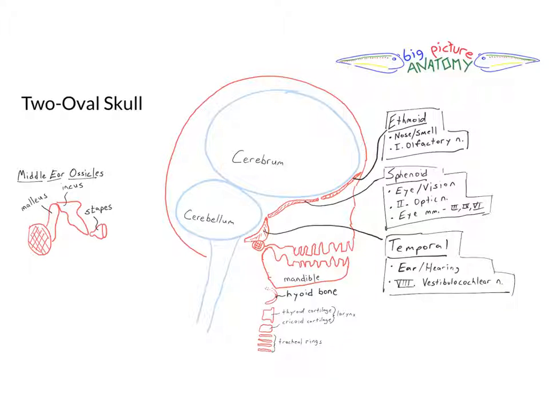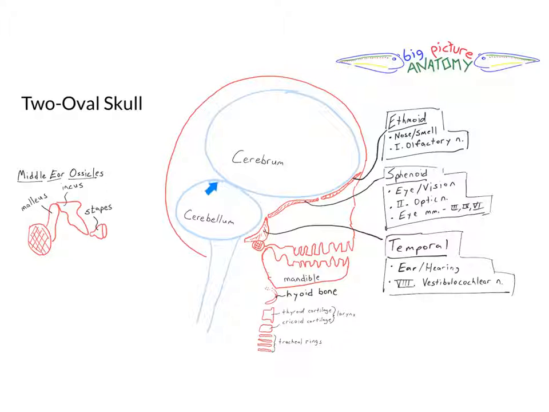Today we're looking at what I call the two-oval skull. This is a way of understanding the skull as a framework to putting the entire anatomy of the head together. And we're taking a look at a very simple cartoon-like view, a sagittal view of the skull, and I call it the two-oval skull because we start out with a look at the brain inside the skull represented by two ovals, a big oval representing the cerebrum and a smaller oval representing the cerebellum as seen from the side in